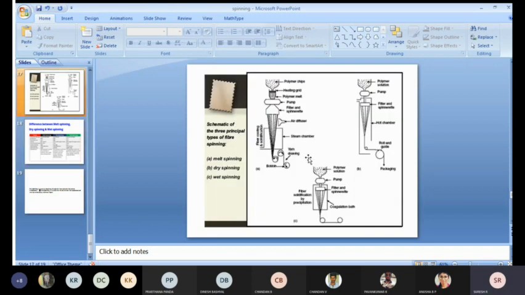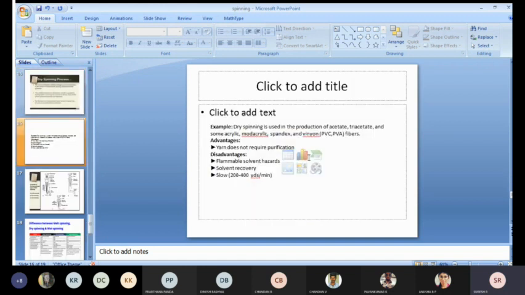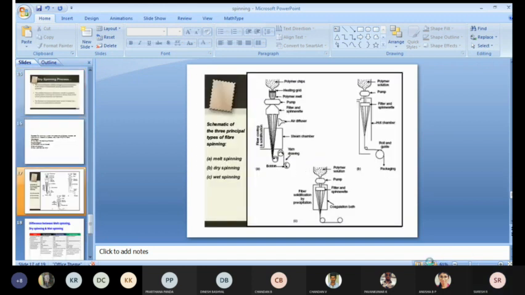So this is about the topic. I guess I've written the diagram. These are the three different techniques in one small presentation. The first one is melt spinning, the second one is dry spinning, and the third one is wet spinning. Depending upon the need, we can select any one type of spinning process depending upon the application. If it is a plastic, thermoplastic material, we will move to the first one, the melt spinning process.